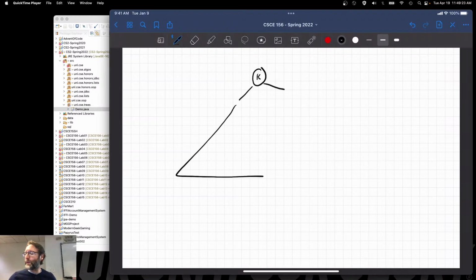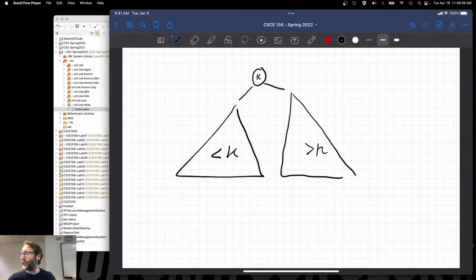This is the left subtree, and it might have like 50 nodes in it. It might have 10 nodes, whatever the structure is, whatever the topology is. But whatever the topology, everything over here is strictly less than k. Everything over here in the right subtree is greater than k. Right? So this is the right, and we call it a subtree